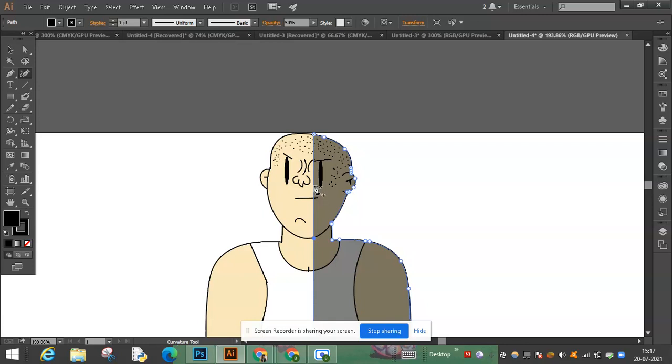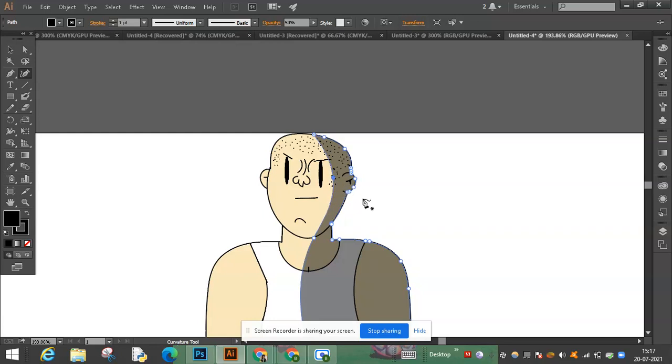Now press in the middle somewhere, and there you will see another anchor point. These are called anchor points, by the way. And then drag it inside, so you will make this curve kind of thing. Don't worry about the curve under the face, we will fix that later. But when you are satisfied with your curve, you can just move it around however you want.